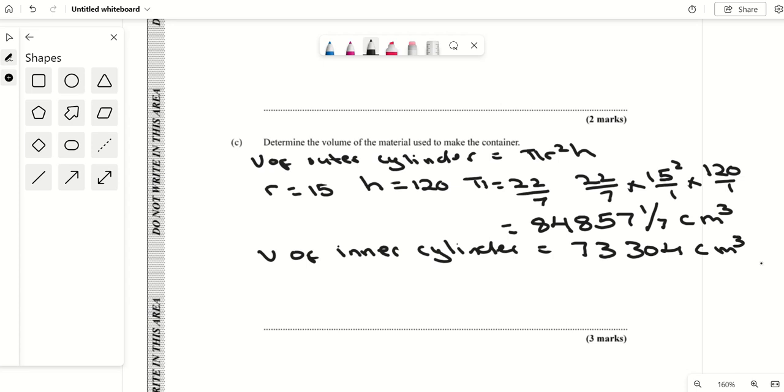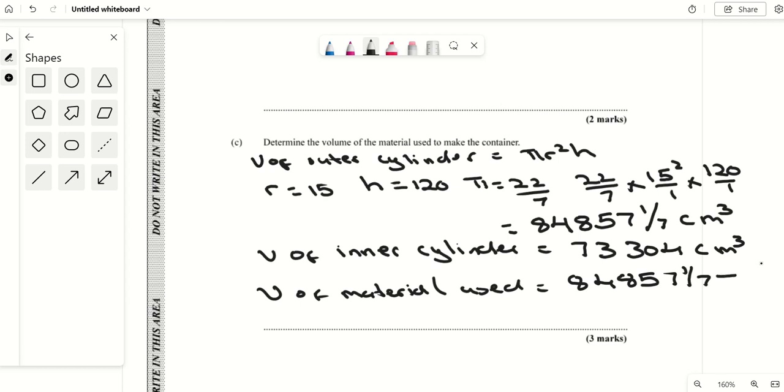To find the volume of the material used, you subtract: 84,857 and 1/7 minus 73,304. You could do this on your calculator, and you're going to get